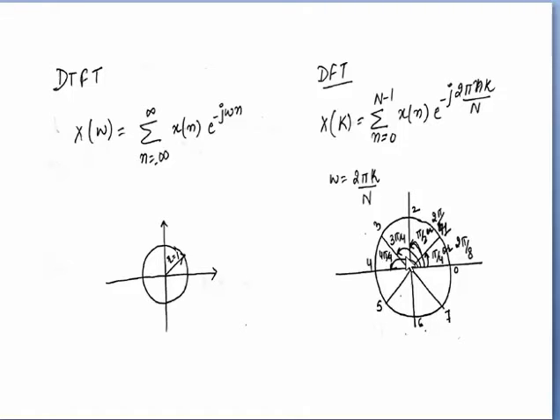This 0, 1, 2, 3, 4, 5, 6, 7 is an integer. Integer means k is equal to 0 to 7. 0 to 7 means having 8 divisions, that is called capital N. Capital N is the number of divisions, that is equal to 8. Here 2 pi by 8 resembles pi by 4. Remember it.